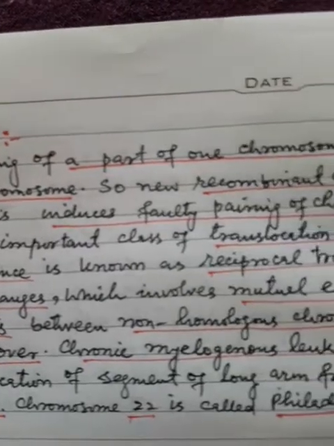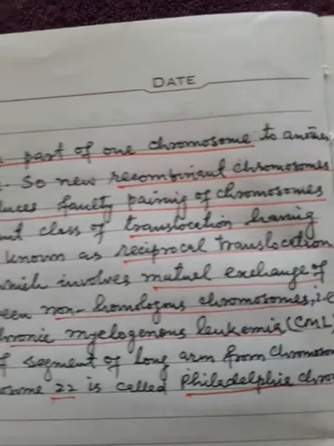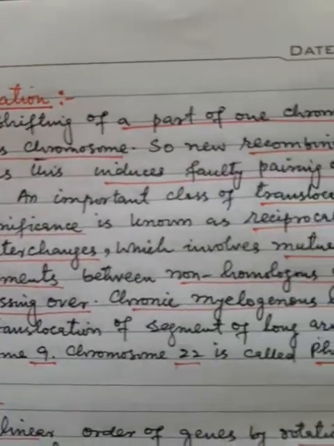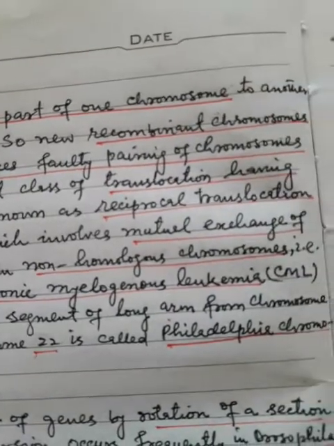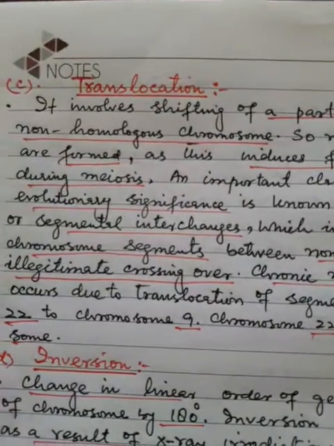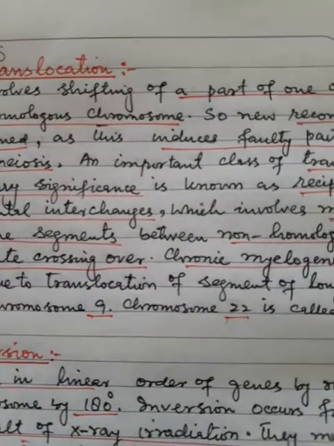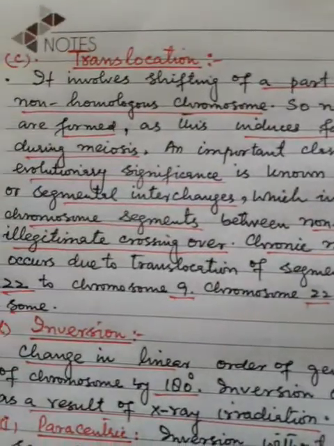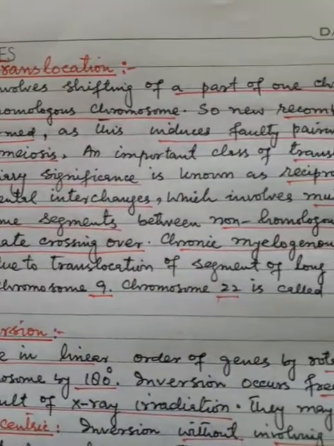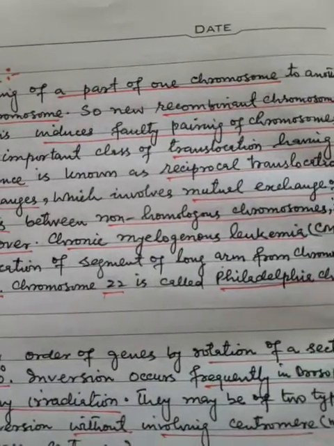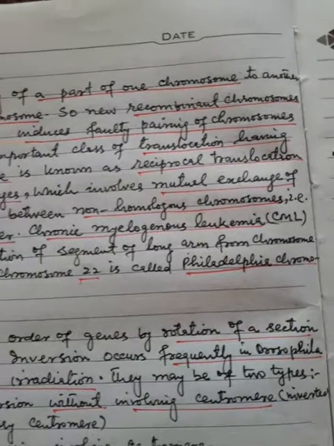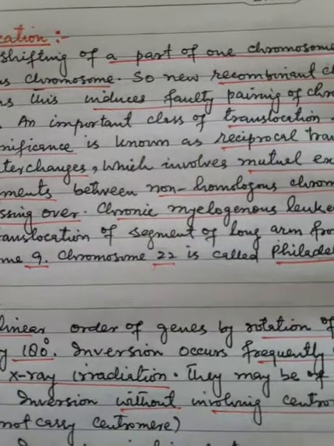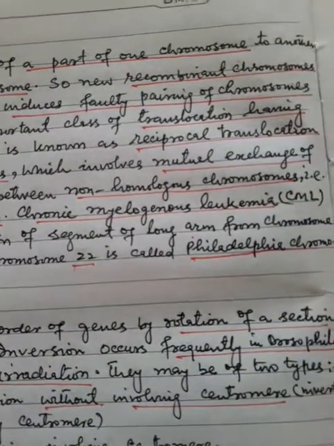An important class of translocation having evolutionary significance is known as reciprocal translocation or segmental interchanges, which involves mutual exchange of chromosome segments between non-homologous chromosomes, that is, illegitimate crossing over. Chronic myelogenous leukemia (CML)